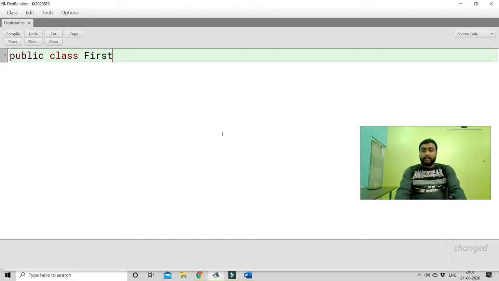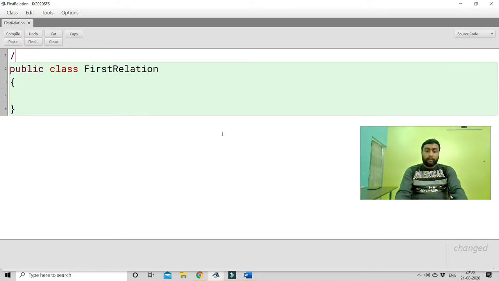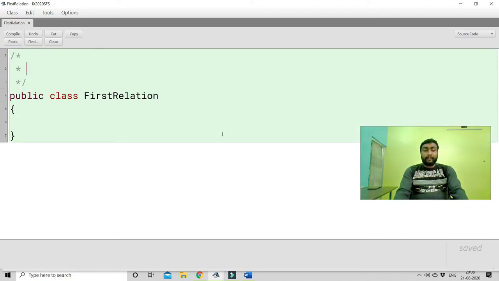As we have discussed, first relation means first relational operator. So here let me give some kind of documentation about this project. We are going to use relational operators